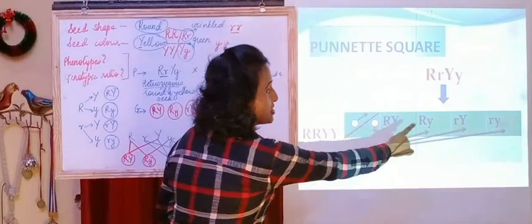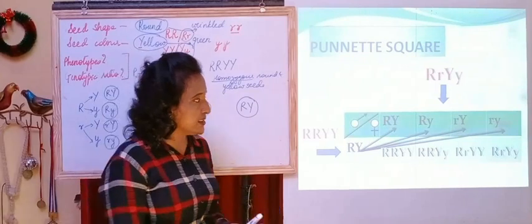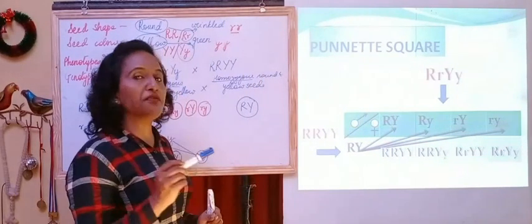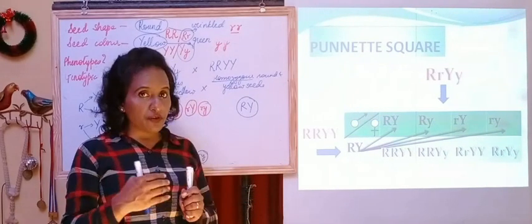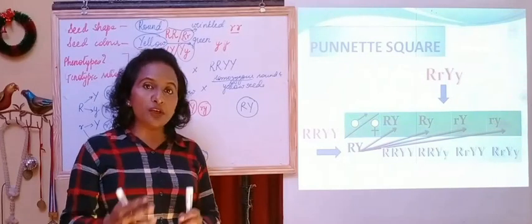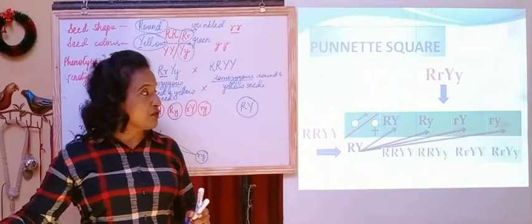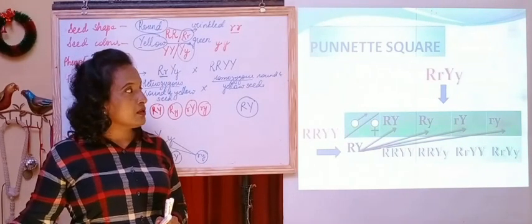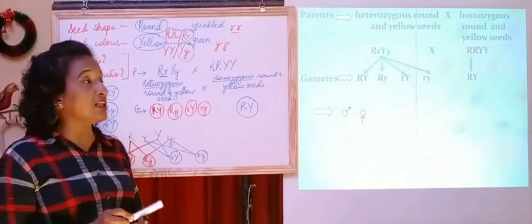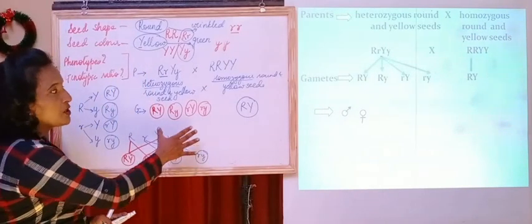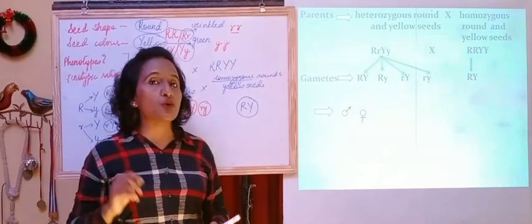So this way we are supposed to find out the genotypes and the offspring that we would get. Accordingly we have to write down, and based on the Punnett square and the genotypes which we get, based on that we will get the phenotypic ratio or phenotypes as well as the genotypic ratio and genotypes. So we'll see on the screen what the answer will be, because we know that we have to find out the phenotypes and genotypic ratio. We have also understood how we have to write down the gametes, and also we have seen how a Punnett square should be prepared.